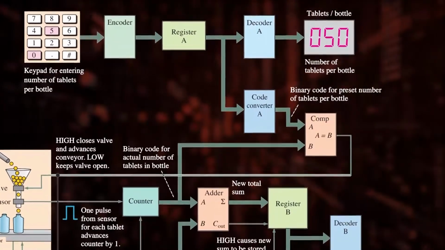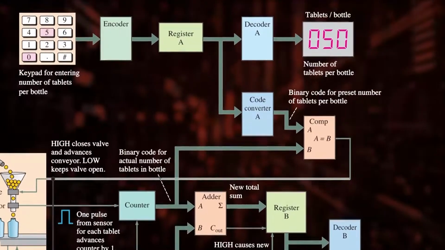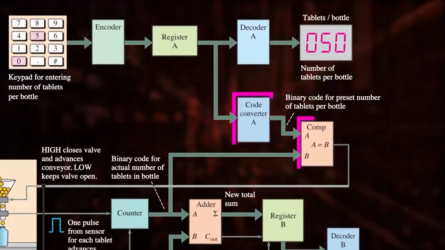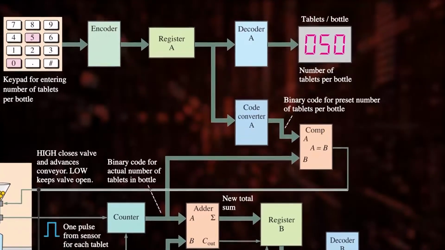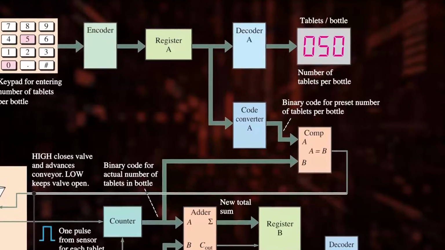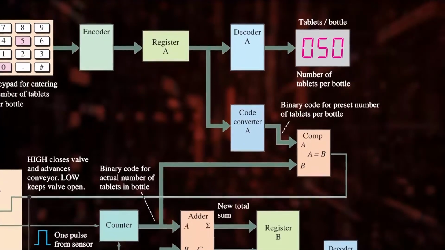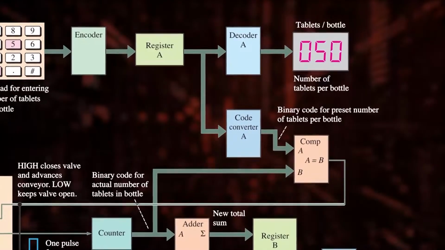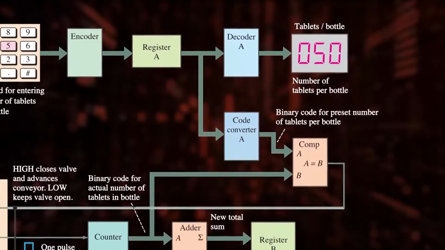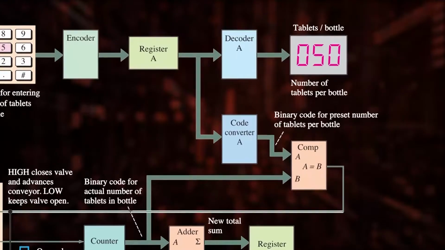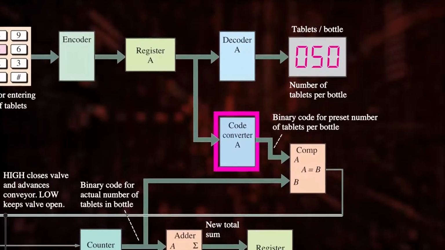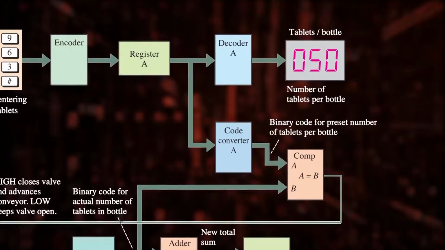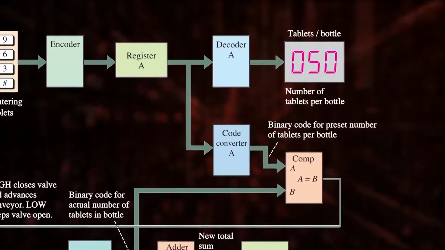So, here I have mentioned two more circuits. What are they? Code converter and magnitude comparator. A code converter changes one form of coded information into another coded form. The basic function of a comparator is to compare the magnitudes of two binary quantities. It determines whether two numbers are equal or not. So, the code converter converts the data stored in the register to a binary value and sends it to input